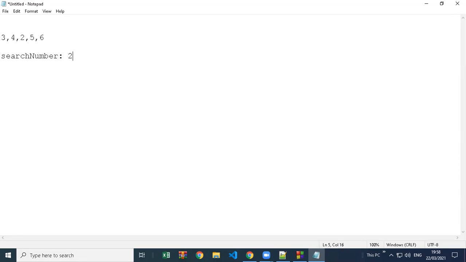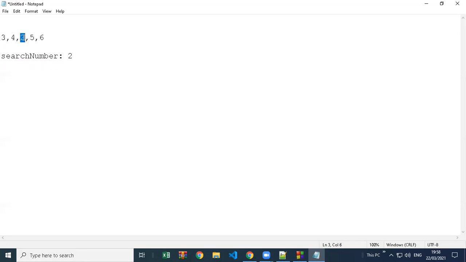The simple technique is this. I want to search for number 2 in my array. So I will take this number 2 and check with the first number, is it 2? No, false. Take the next number out from the array, is this one 2? No. So take the next value out, is this number 2? Yes. So we have to take the numbers out from our array and check one by one whether this number is the number we are searching for.